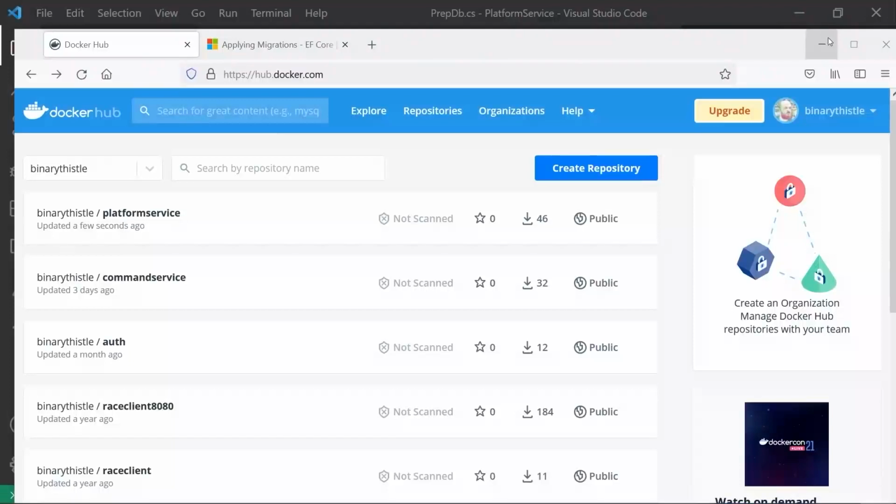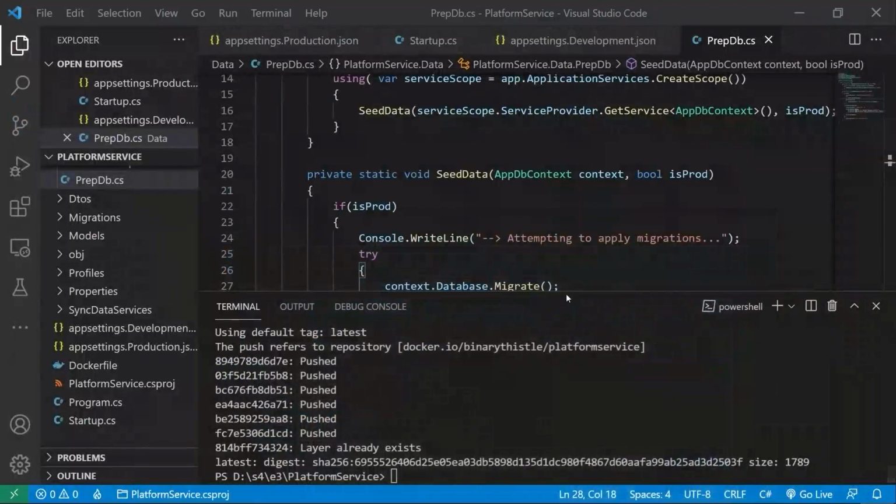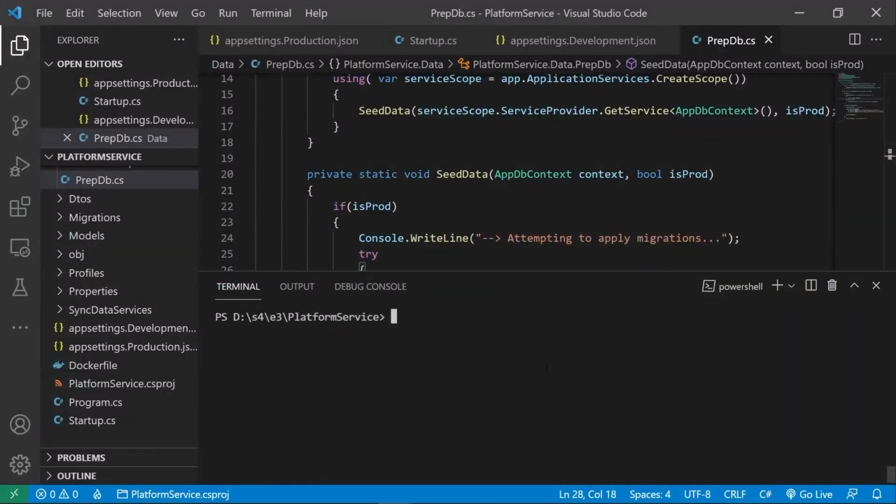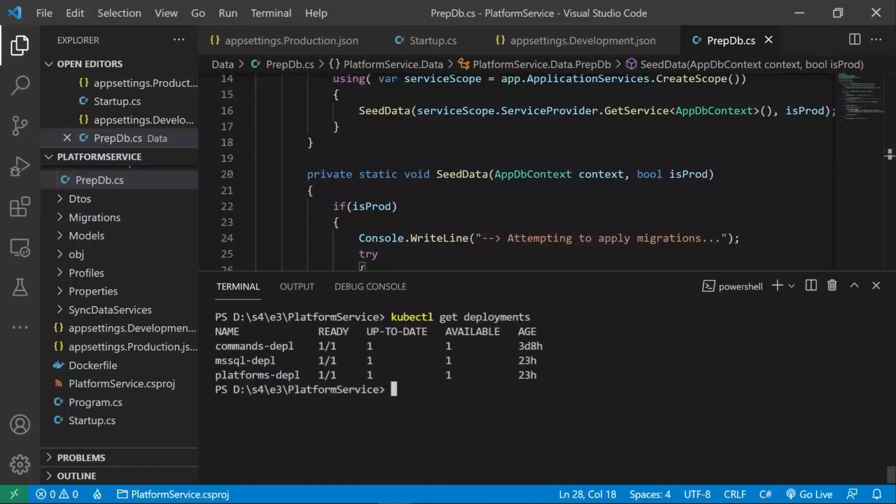So I will just minimize this, and we can do this from any command line actually. We don't need to do it in our K8s project or anything like that. So let's just clear the screen here. Let's just do a kubectl get deployments. And you can see here we have our 3 deployments, which is looking good. And we want to basically refresh, roll restart this one here. Okay, so as before,